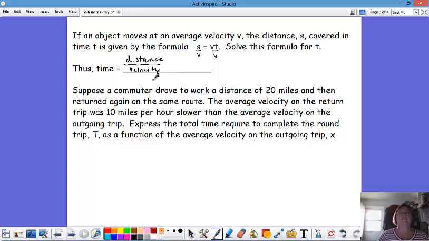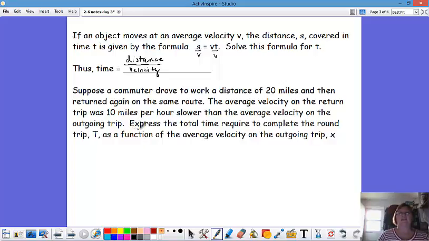Correct? Distance divided by velocity. So let's look at this situation. Suppose a commuter drives to work a distance of 20 miles and then returns again on the same route. So we're traveling 20 miles. Our distance is 20 both times. The average velocity on the return trip was 10 miles per hour slower than the average velocity on the outgoing